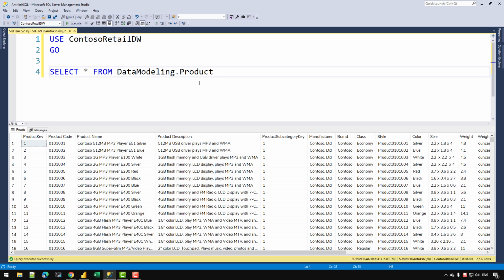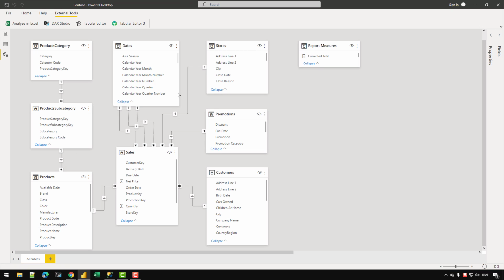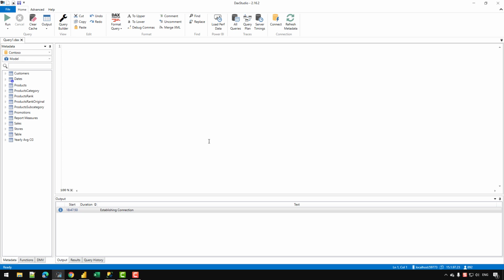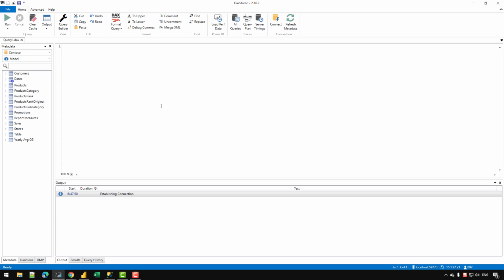And now let's see how we can write the same exact code in DAX so that we can select the columns of the table. I can go back to Power BI, and in the external tools, I need to use the tool known as DAX Studio. I can also write the code inside Power BI, but I want to show you that behind the scenes the code is actually getting converted into a SQL format. To be able to write and execute code in DAX, the first keyword that we need to write is EVALUATE, which simply retrieves the table, column or a row. So let's write Products,